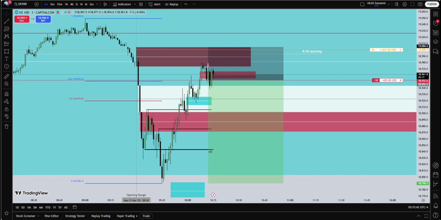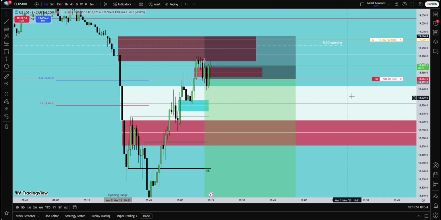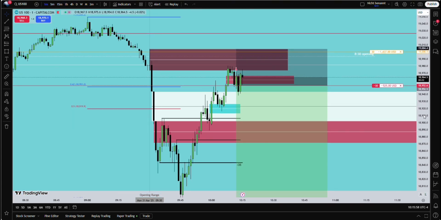Now, I know for a lot of you guys who don't have that much experience, that looks really scary, what price is doing right here. But for me, because I have a narrative and because I'm following my model, I don't care about it at all. So if it goes against me and it hits my stop loss, I'm fine with that. I'm still profitable. I'm still 4% up on the account, because I'm only risking 1.4% of the entire account,